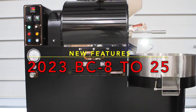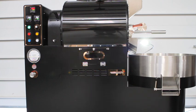We want to introduce you to the 2023 and the 2324 models, and we're going to go over briefly some of the key points of the upgrades that have been put on these machines. As we look at the very front of the machine,